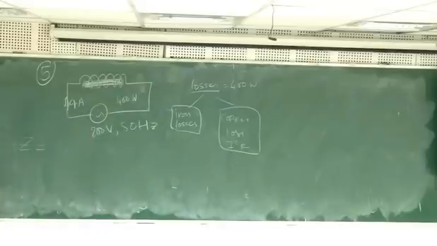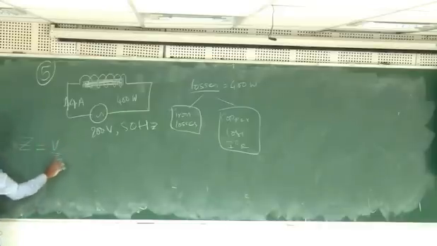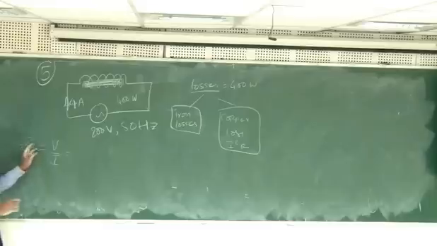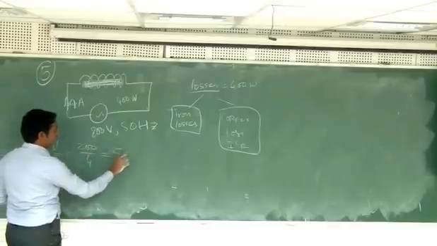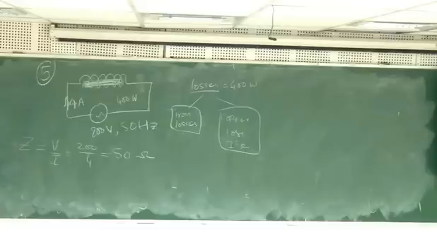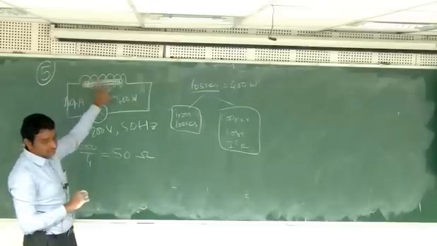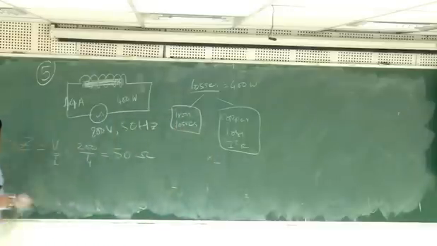So how much is what? How do you know? We can use the information which is given. What is impedance? Nothing but V by I. V is a phasor into I. Now I am neglecting the angles, only taking the magnitudes. So 200 divided by 4. How much is that? 50 ohms. So 50 ohms is the total impedance. There is also one more thing here, that is the inductance of this, that is XL.